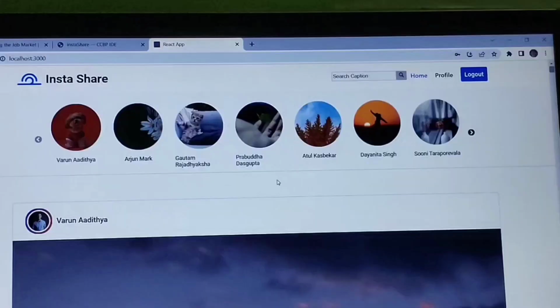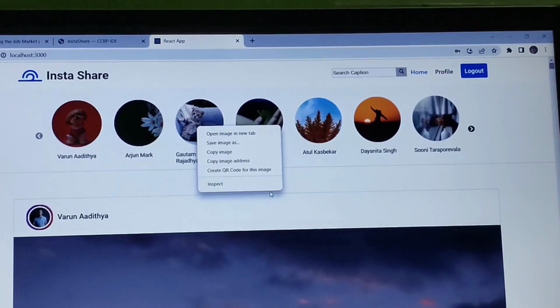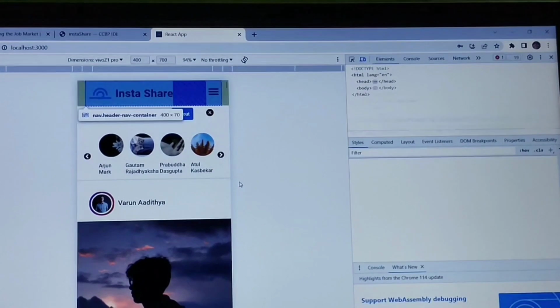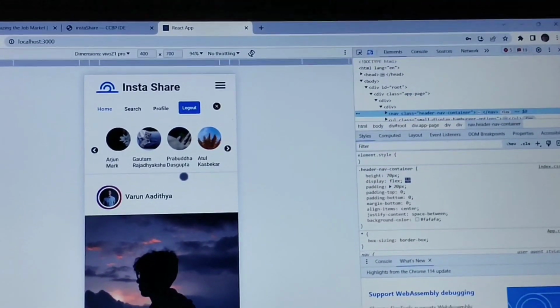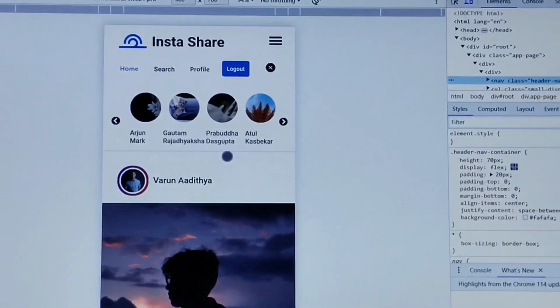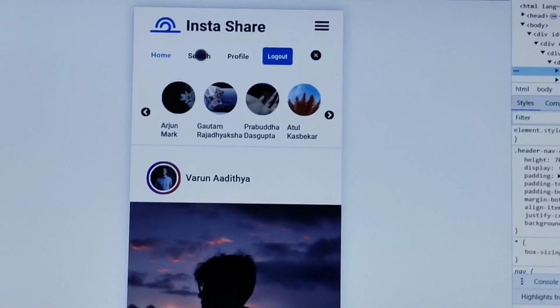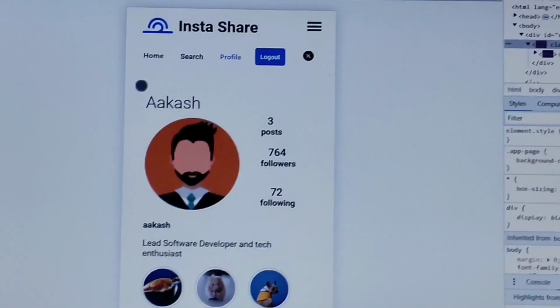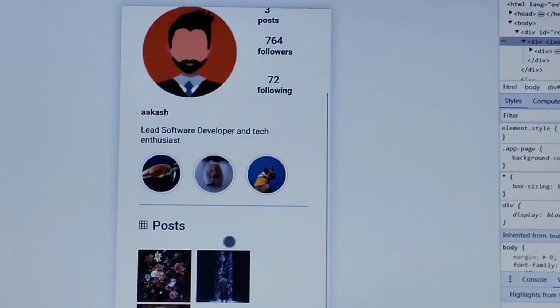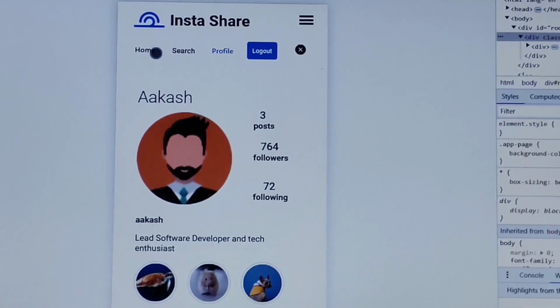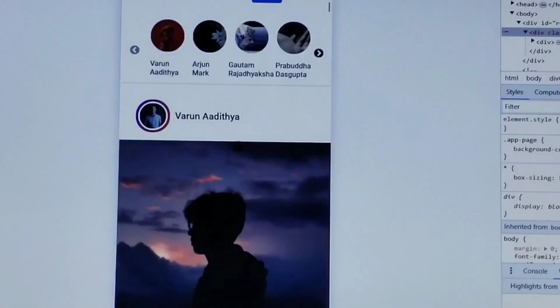See here. Now see the mobile view. This is the mobile view. When we click the hamburger icon, it shows home, search, profile, and logout buttons.